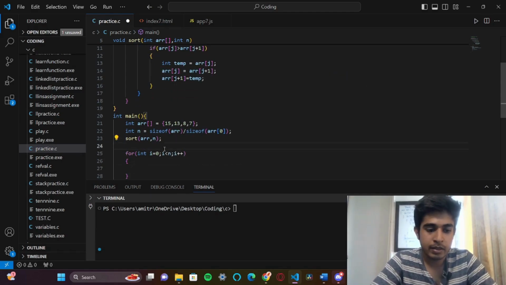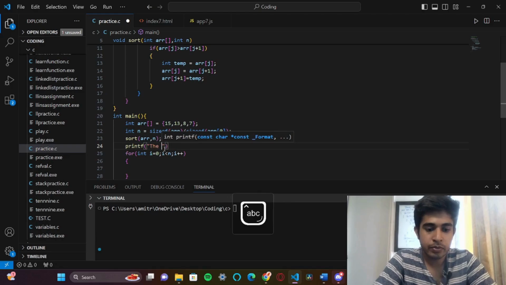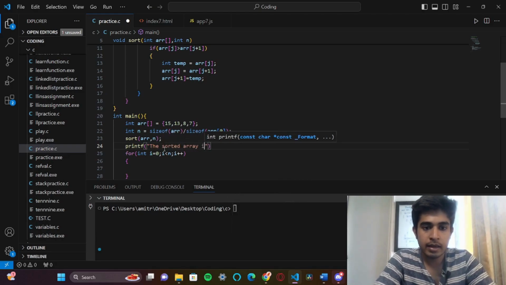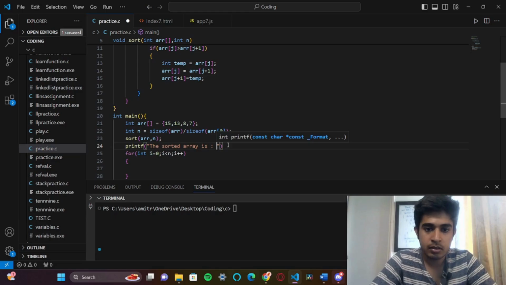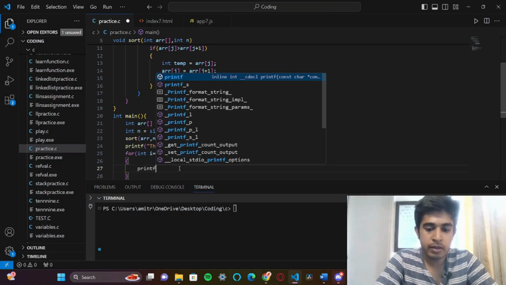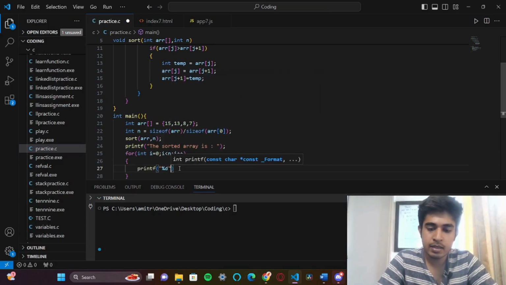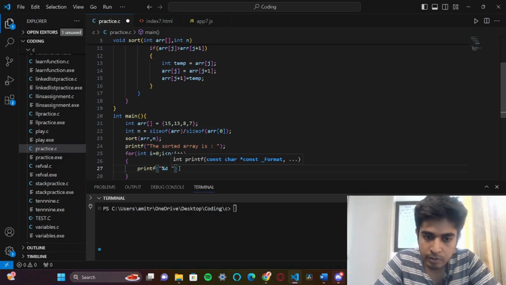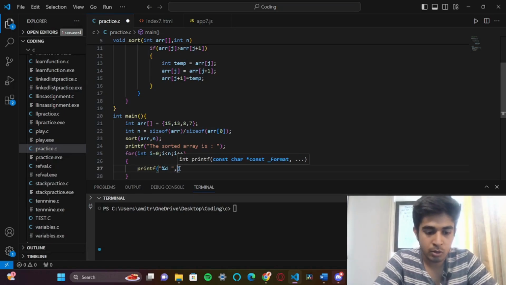Before that, let me print here, printf the sorted array is, and inside the for loop, printf %d. Let me give a space here after the format specifier so that it looks good, and here it will be a of i,